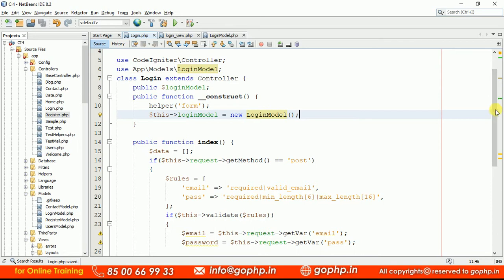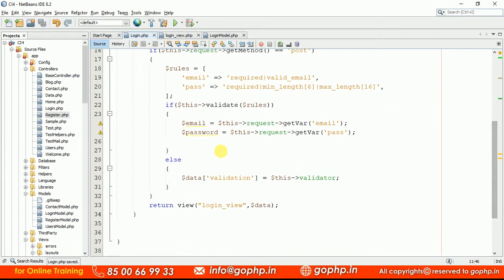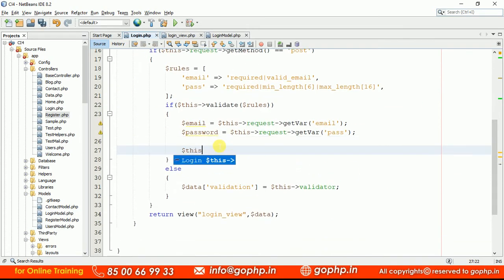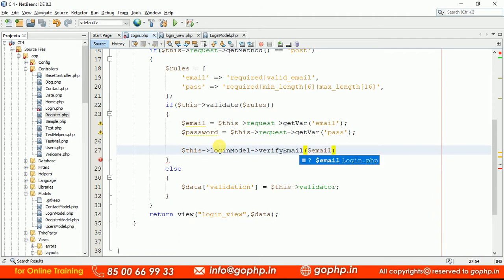So we have to create one method called verify email. Let us go here. In here I'm writing this of login model of, I'm going to define a method verify email with a parameter $email. So this is what this method is going to do. This method is going to verify that the email you entered is available in the DB. If it is okay, it will get the data of you, your password, your UniID, and get it back to you. Otherwise, it is going to return an empty. By that empty result, we are going to display a message, sorry, wrong email ID entered, wrong credential, such a kind of message.